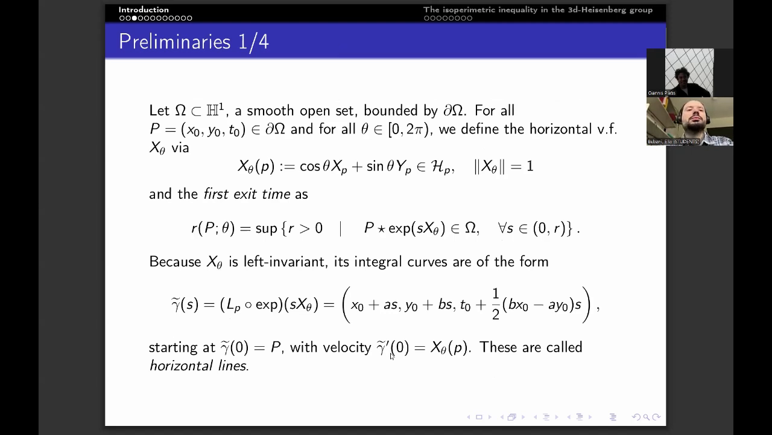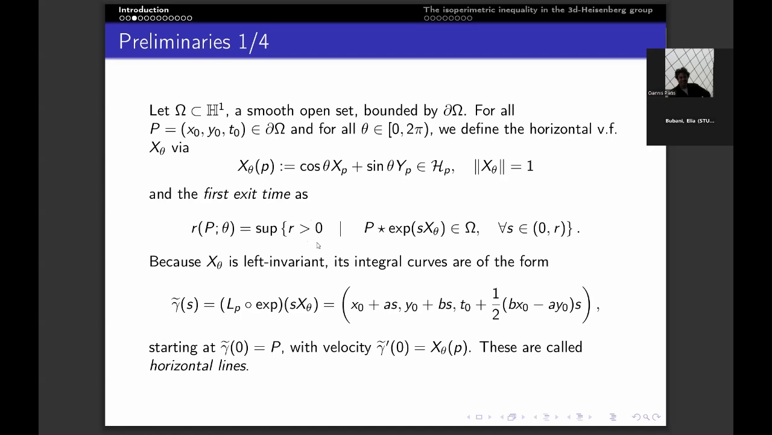So we start with an open and smooth set omega inside the Heisenberg group, which is bounded by d omega, and we choose a point P in the boundary and the random direction angle theta in 0 to pi. And we define a horizontal direction, which is this vector field here in the boundary point, and it is a unit vector field. And we also define the first exit time as this. So practically, it's the time that a path that joins P with a point inside omega, then it escapes after